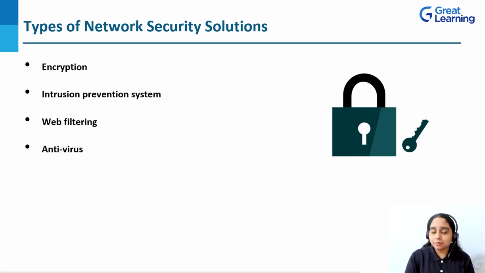What is encryption? Encryption is nothing but the process of scrambling data such that only authorized users can access the data using encryption keys. An encryption key is nothing but a string of characters that is used in an algorithm to convert plain text to ciphertext. Plain text is nothing but unencrypted data and ciphertext is encrypted data. Encryption is required to ensure confidentiality and integrity.